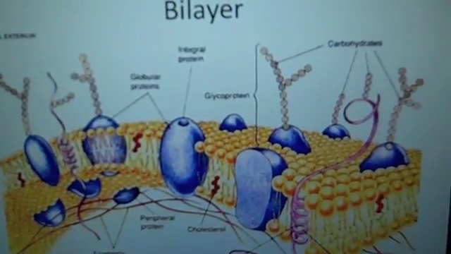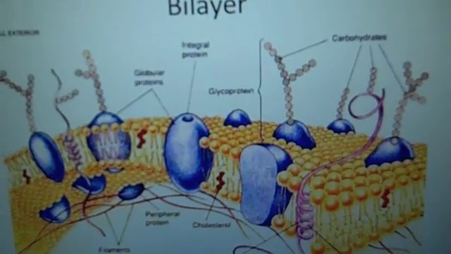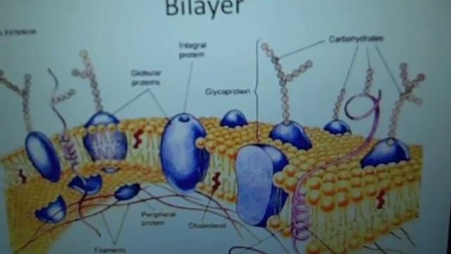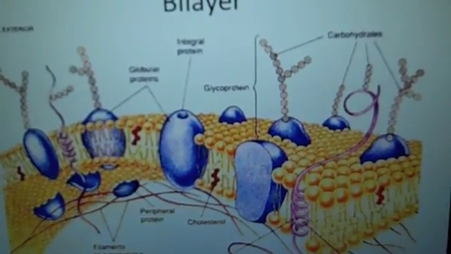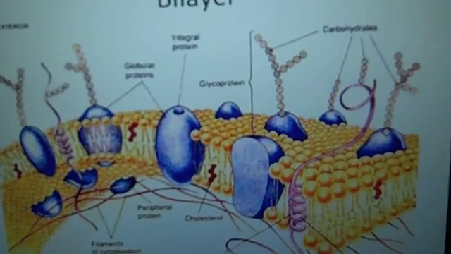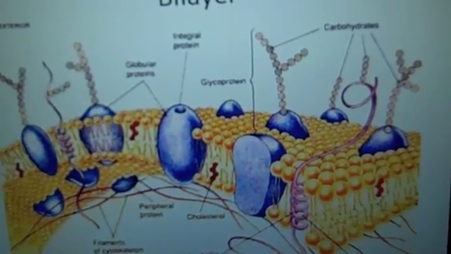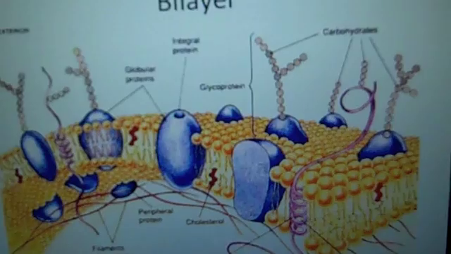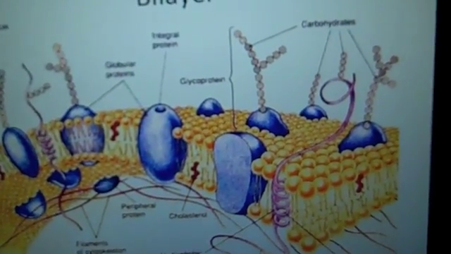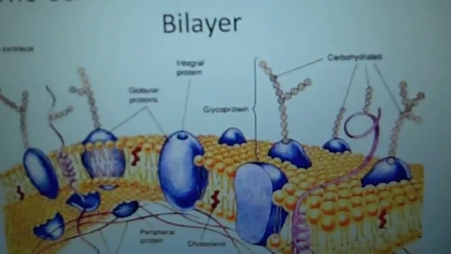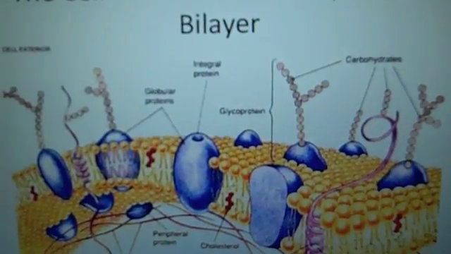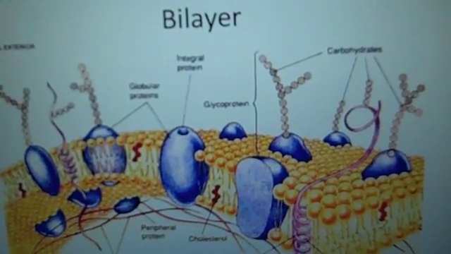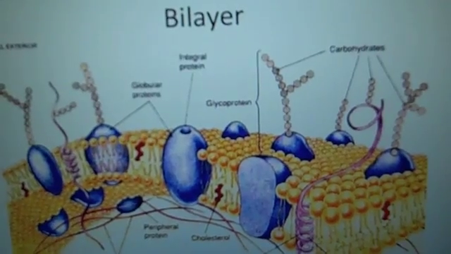The cell membrane is also known as the plasma membrane and is made up of bilayers of phospholipids, glycolipids, cholesterol, and proteins. The biological functions of the cell membrane are to provide support and to act as a barrier for the cell. Cell membranes are the semi-permeable boundary between intracellular and extracellular fluid. Basically, cell membranes are what keeps things out of the cell out, and it keeps what's inside of the cell